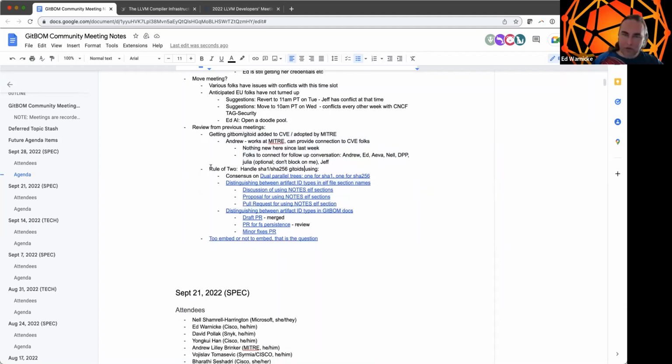All right, so on the rule of two, which we've been sort of slogging through, we've got a couple of items up. The discussions of using note else sections. We talked a little bit about last week. Last week, we also merged the draft PR for distinguishing between artifact ID types in the Gitbom document. There is an outstanding PR for the file system persistence, and there's also an outstanding PR there for